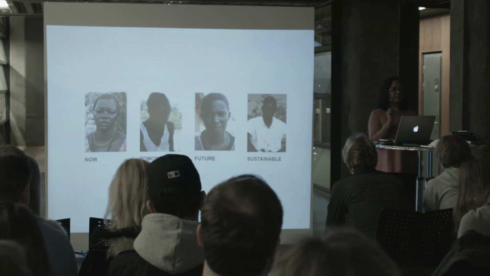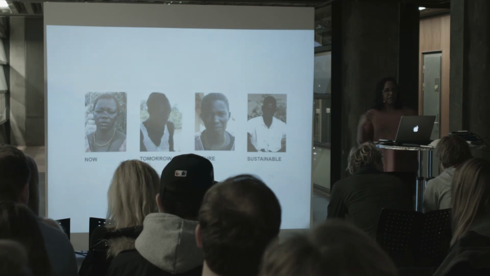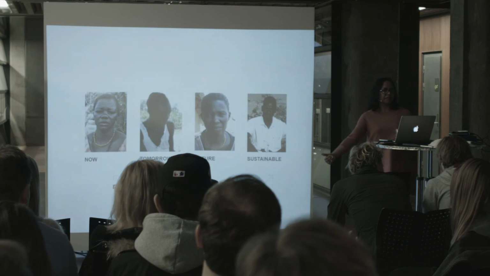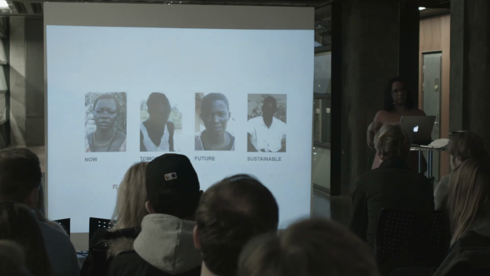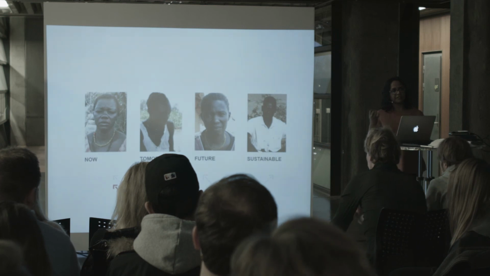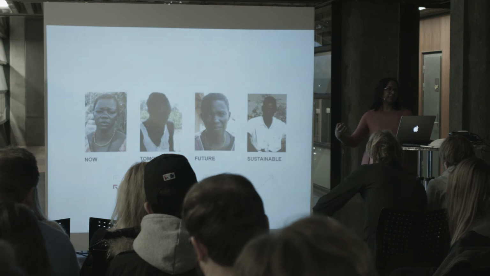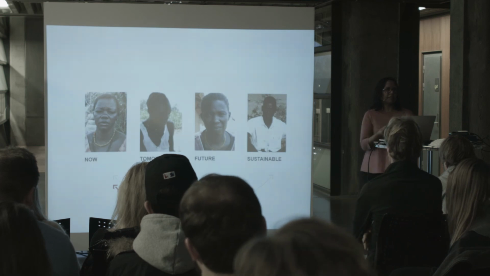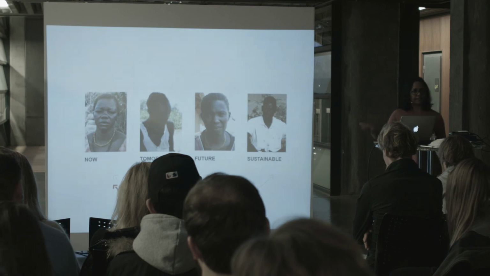Tomorrow people, the example that I showed you in the previous slide, is the lady who has started saving a little bit, even from that little amount she's earning. Future people are thinking a little bit further than that. And the sustainable people have tried to break this code and start saving. They have been lucky or whatever, that they have come into a sustainable phase where they have maybe a small business that they are making money off, and they can really think ahead.